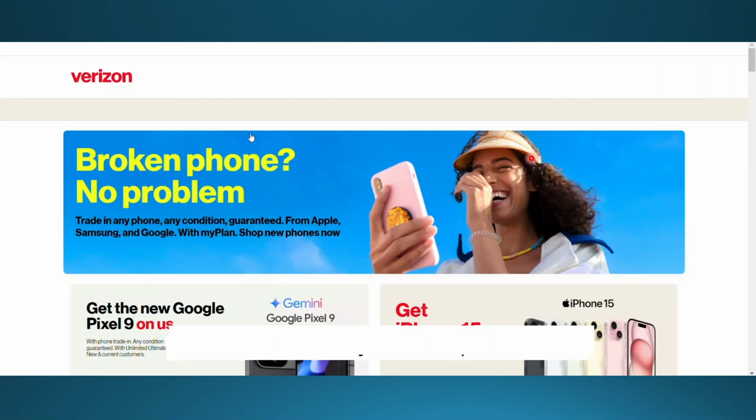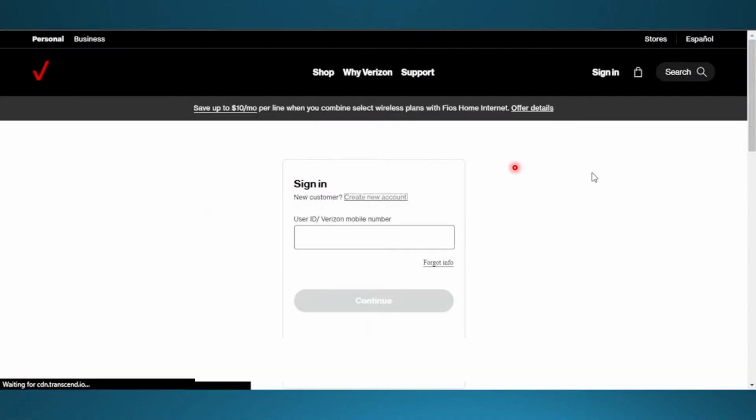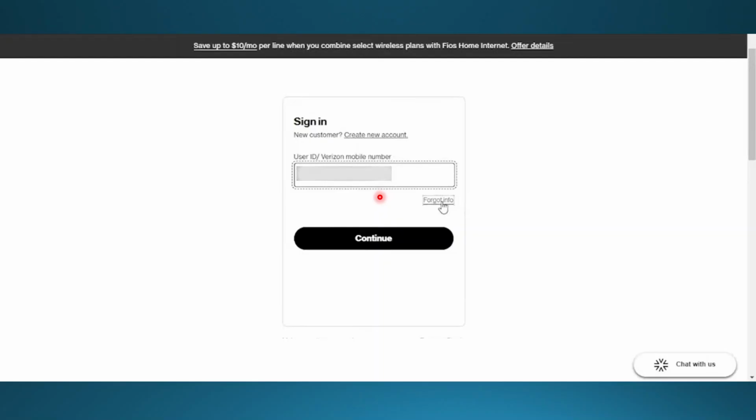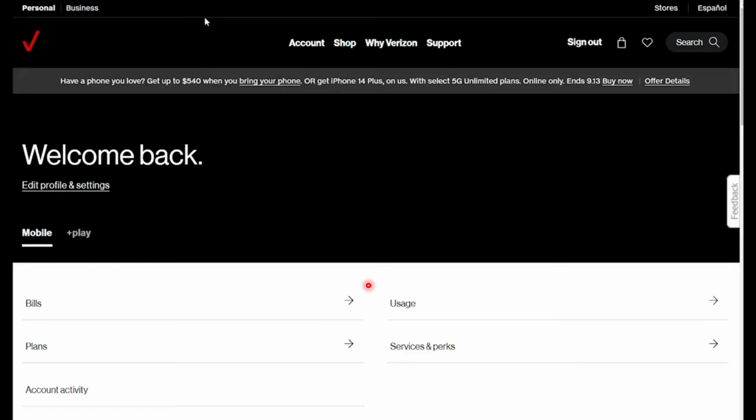The first thing I want you to do is just come here, click on sign in, and then you can click on sign into my account. If you don't have an account already, click on create a new account, and then just enter your user ID or Verizon mobile number and continue with that. Then you just go ahead and enter a password, create your account, sign in, and once you're signed in,